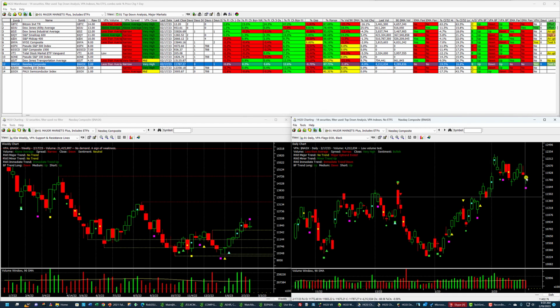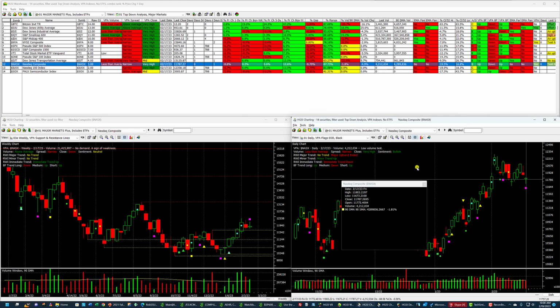Then on Friday, what did we have? We had a gap down, but it closed at its high, which gives us a low volume test. If you look down here at the bottom, you'll see that volume was low. And also, if I put the crosshair on here, you can see that it didn't take out this low, and it closed near the high. So if I bring this information up here,